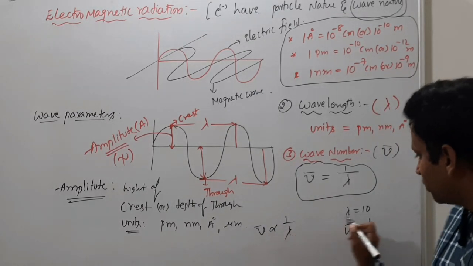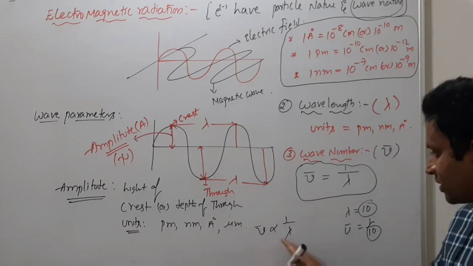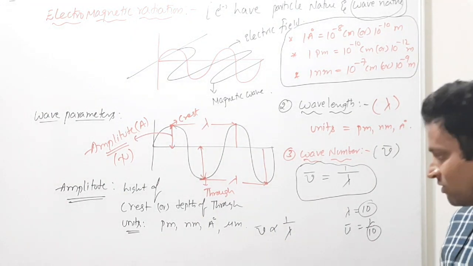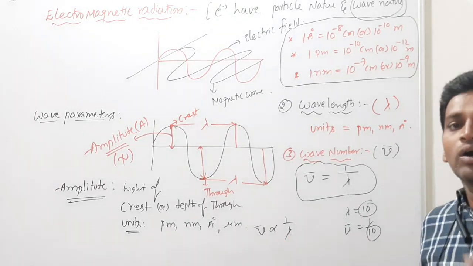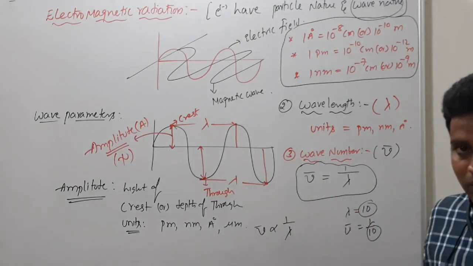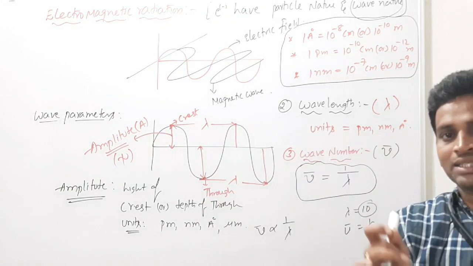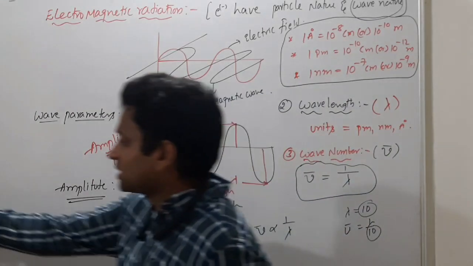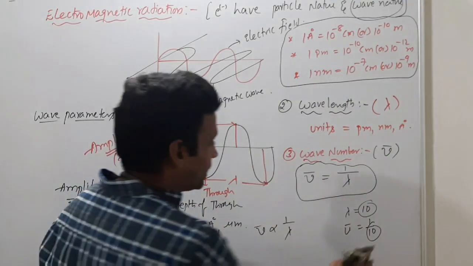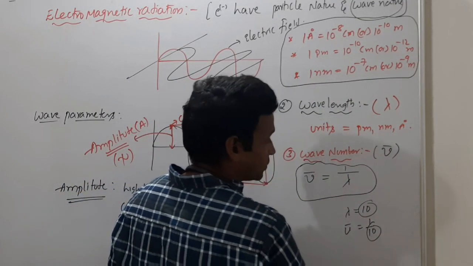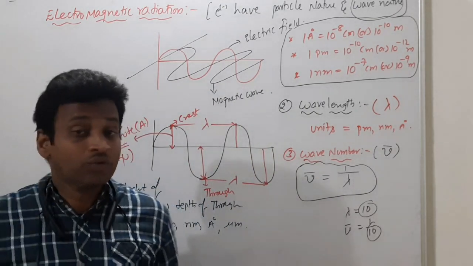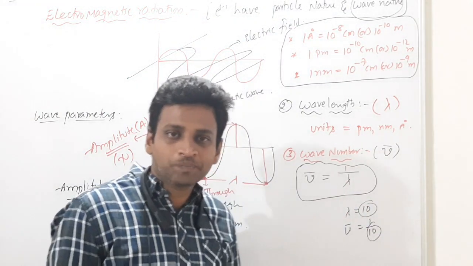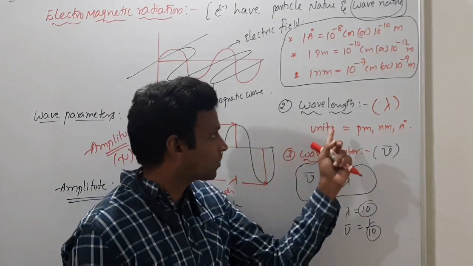Inversely means the value we take as 10 we cannot take here for inversely proportional. What is the meaning of inversely proportional? One increases and one decreases. But what is the meaning of reciprocal? If wavelength is x, then wave number is 1 by x. That's it. So we discussed wave number. I did not give a wave number definition, so simply I gave a relation: wave number is a reciprocal to wavelength. Write it down. I am not writing, but you have to write.